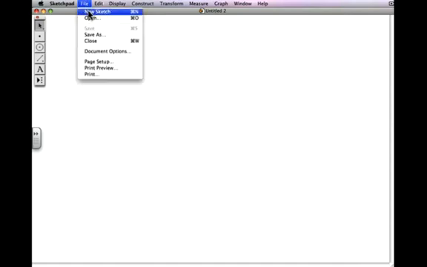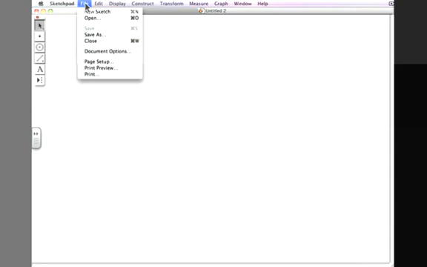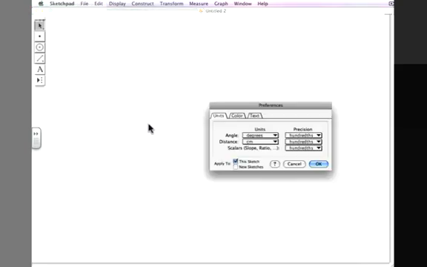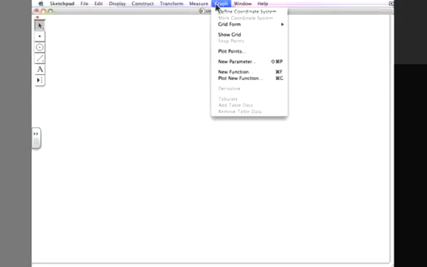So let's begin with a blank Geometry Sketchpad document. If you don't have one open already, you can simply click File, New Sketch to open a new document. So in the Edit menu, we'll go to Preferences and make sure that our precision is set to hundredths. Now we can go to the Graph menu and click Show Grid,